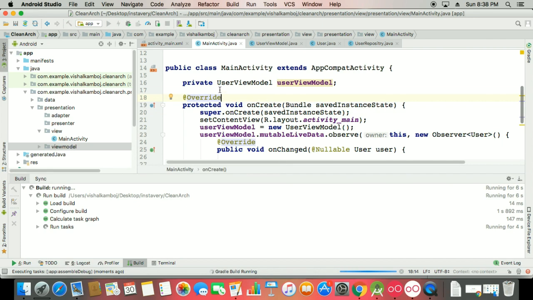It's interesting, MVVM is just layers, nothing else, but a little bit of complexity arises when we work with callbacks and the other layers. So Gradle is running, let's see what happens. Yeah, it's installing.